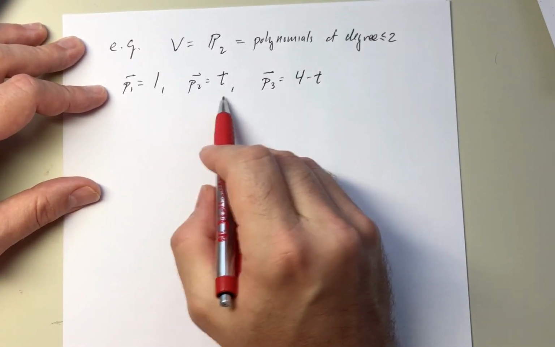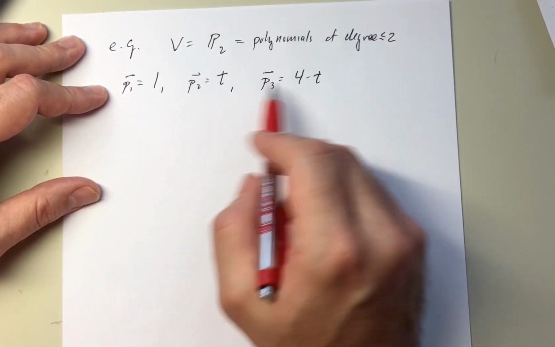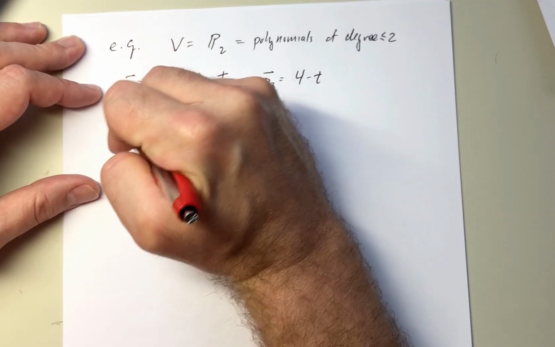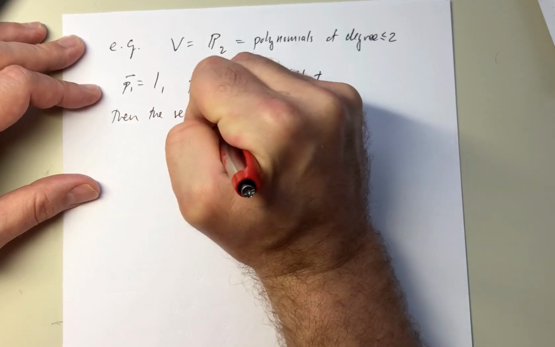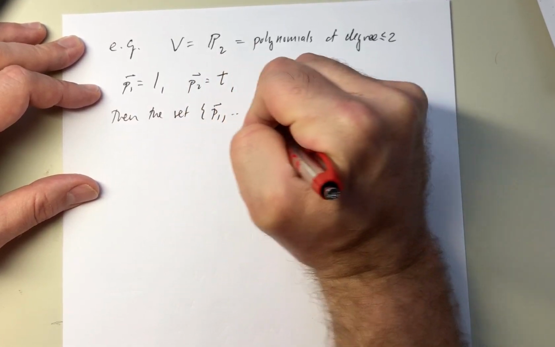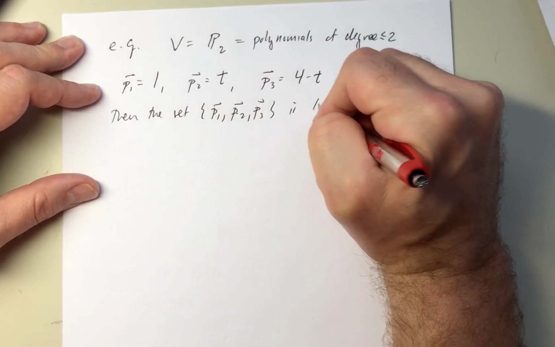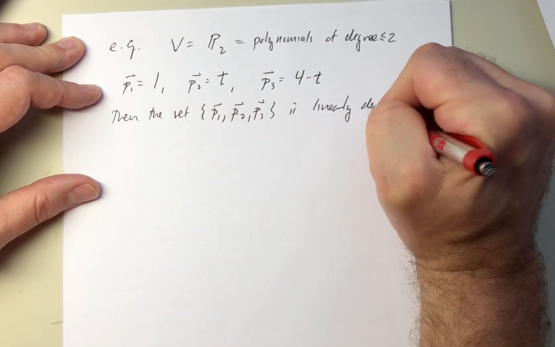So I'm thinking about these polynomials where the variable is t. I think sometimes we call them x, but today we're calling them t. And I claim then the set P1, P2, P3 is linearly dependent, so not independent,